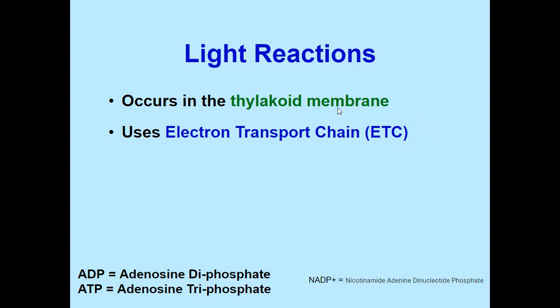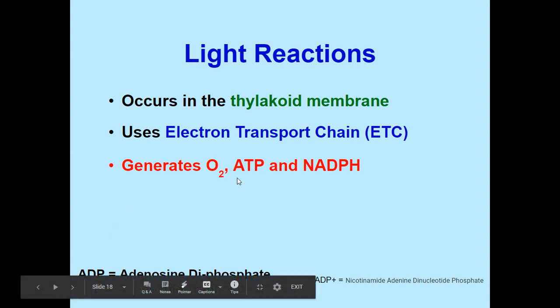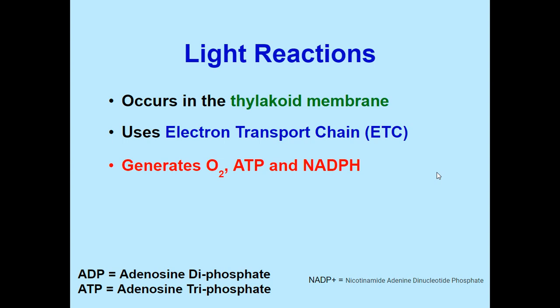So in the thylakoid membrane, this process is taking place to generate O2, ATP, and NADPH. Okay? These are the three things we get when we go through the electron transport chain, which is located and being done in the thylakoid membrane. Okay? And I have down here, sorry, at the bottom, you'll notice I have